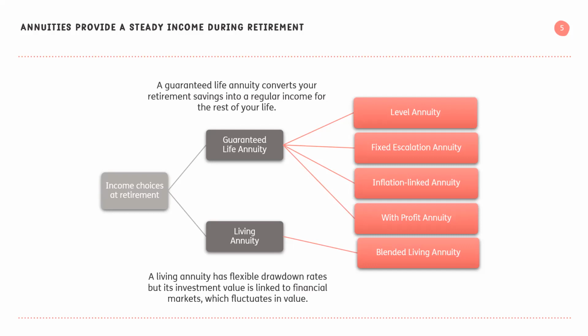vice versa. The wealthy shouldn't subsidize the poor. So we actually want to do an underwriting assessment of each retiree when we issue a non-profit annuity before we can actually finalize and issue a firm executable quote. The next guaranteed life annuity that is available in the market is a with profit annuity, and that's our flagship product and the one that we believe provides best value for money in terms of a guaranteed life annuity, and also endorsed by a number of our partners as the best value for money.